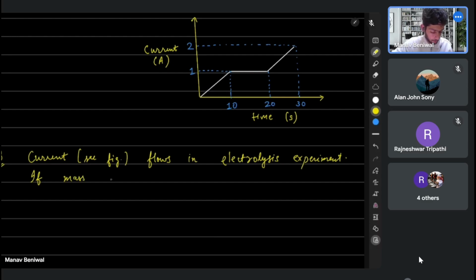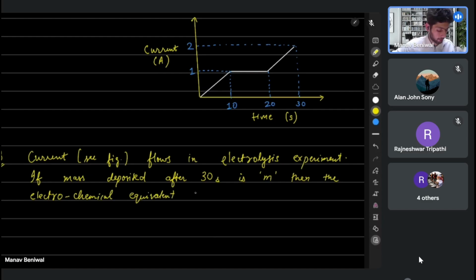If the mass deposited after 30 seconds is m, then the electrochemical equivalent, remember we denoted this by Z, the electrochemical equivalent Z